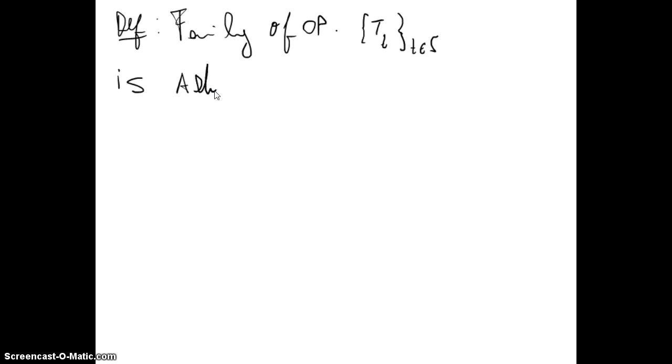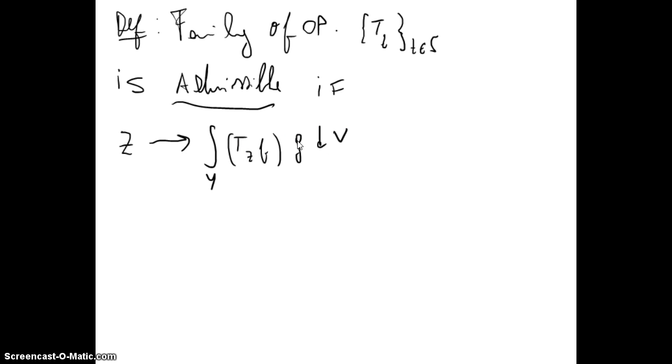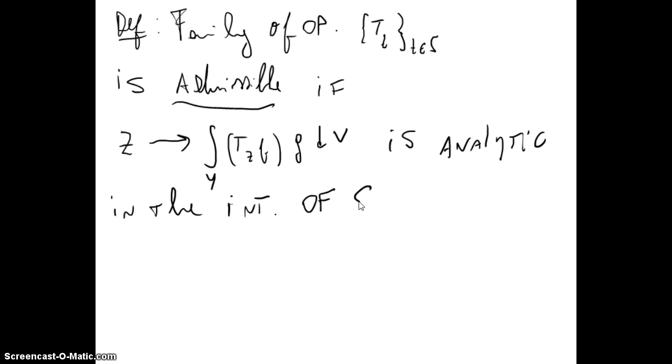So let's define the family of operators Tz, z in S. The family is called admissible if the mapping z onto the integral over Y of Tz f g dμ is analytic in the interior of S, okay, and there exists a constant a